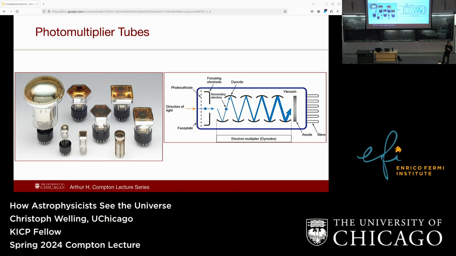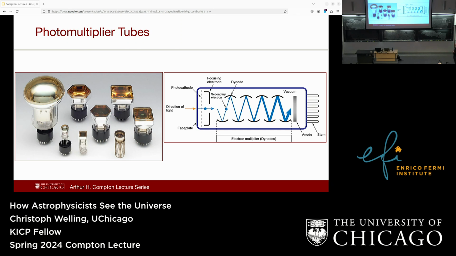But now, light is all good, but you want to convert it into some electrical signal. So what you use for that is a photomultiplier tube. They come in different sizes and shapes depending on what you need. And the way they work is they use something called the photo effect, where if light shines on certain metals, it can knock an electron out of this metal. And then you have a single electron that's going to be pretty hard to measure. So what you want to do is turn one electron into many, many electrons.